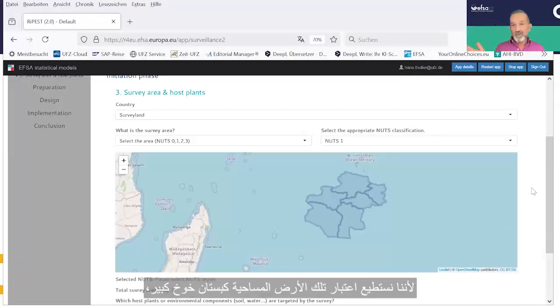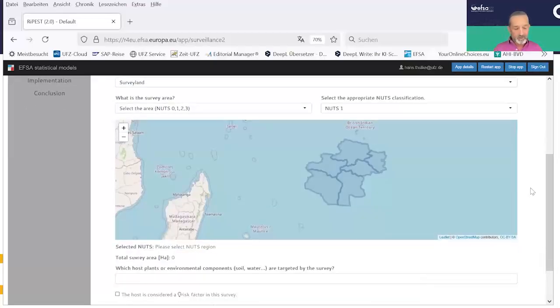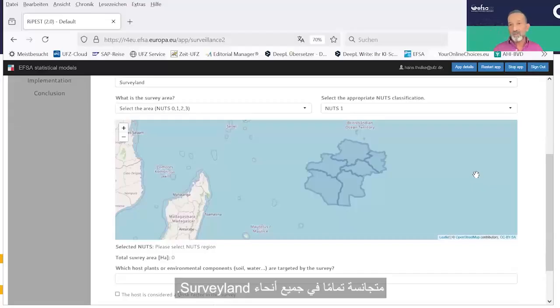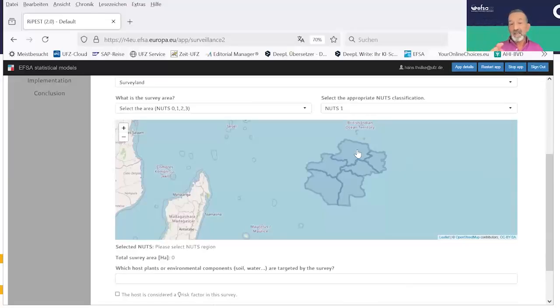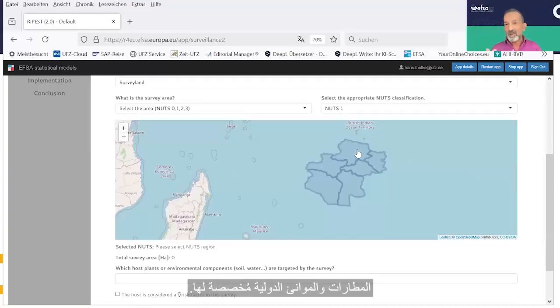Yes, because we can consider Surveyland like a big peach orchard, because the conditions for the cultivation of this plant are quite homogeneous across Surveyland. But actually, I'm mostly concerned about the northern NUTS 1 regions, because these ones are closest to India, so closest to the places where the pest occurs. And actually, most of our trading centers, we could say airports and international airports and ports, are located there. So I'm mostly worried about these places, and I don't know, can we look at them, or could we consider them more carefully?